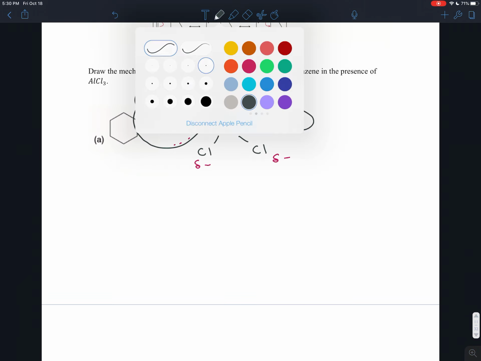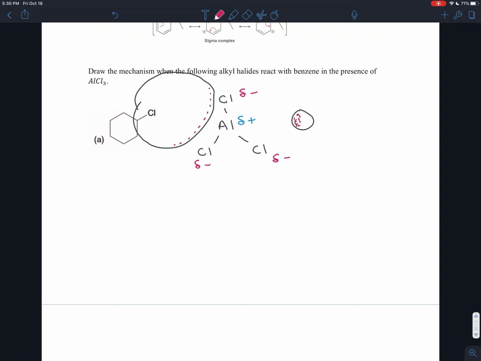Compare that with what would happen if it were small. If it were a small atom, if all the electrons tried to get close to the aluminum, they'd all have to be close to each other, and then they'd repel each other, and so they couldn't all get close to the aluminum. But the fact that the chlorine is so big means all those electrons can get close to the aluminum, and that side of that chlorine atom becomes slightly negative, and the other side of the chlorine atom becomes slightly positive, so that you have this dipole, these two ends, positive and negative ends, on an atom, the chlorine atom. And so the side that's close to the aluminum ends up becoming nucleophilic, and so it can attack the